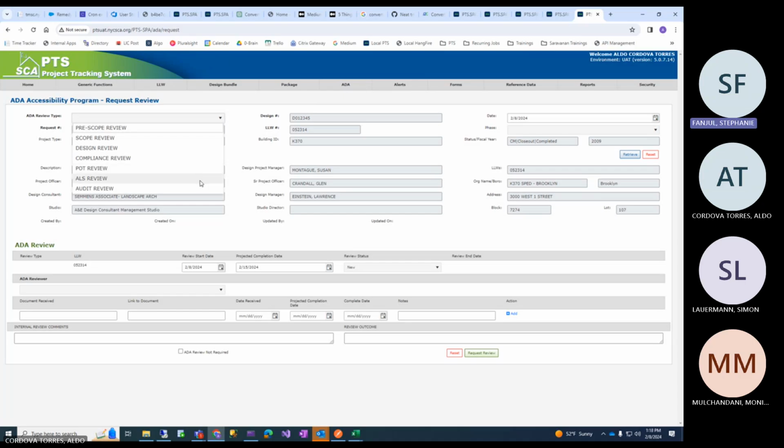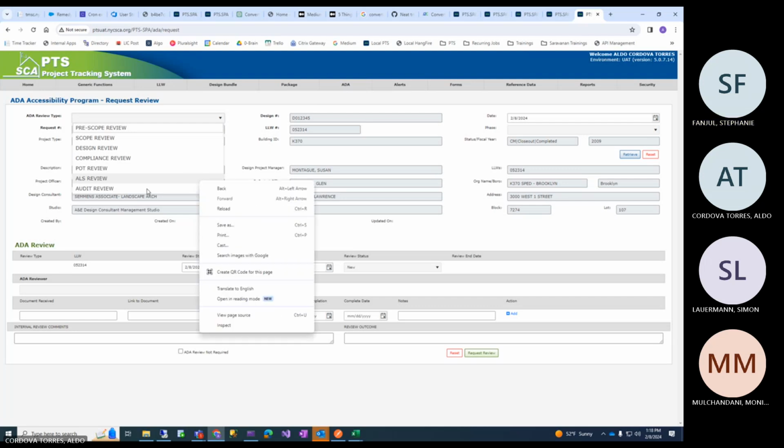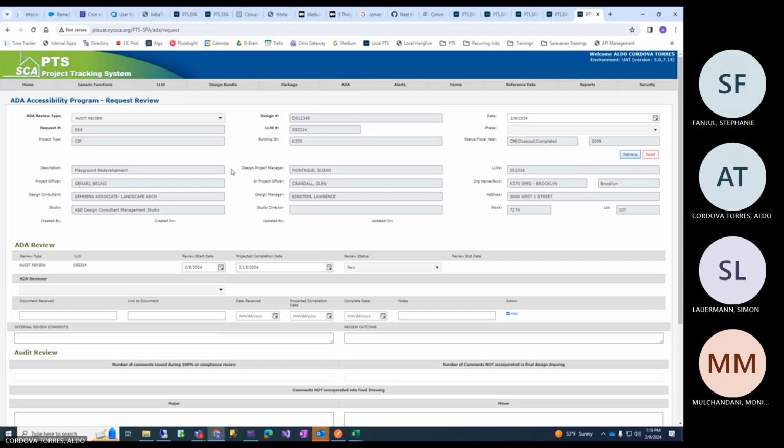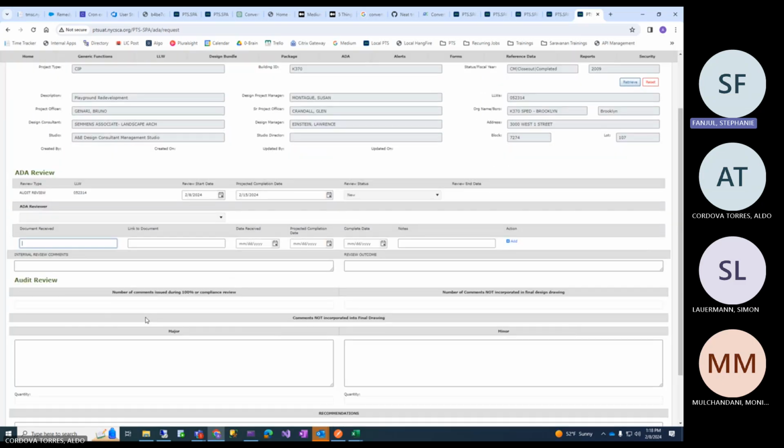So basically on this screen, they'll come in and request a review type. I don't know who they are. So if you just click one, they fill in the fields at the bottom. I'm not really familiar with this either. Pasha handled this all on his own for the most part. Yes, they enter things like documents received, they fill in all of those fields and then submit, and then the reviewer actually completes a review. Okay.